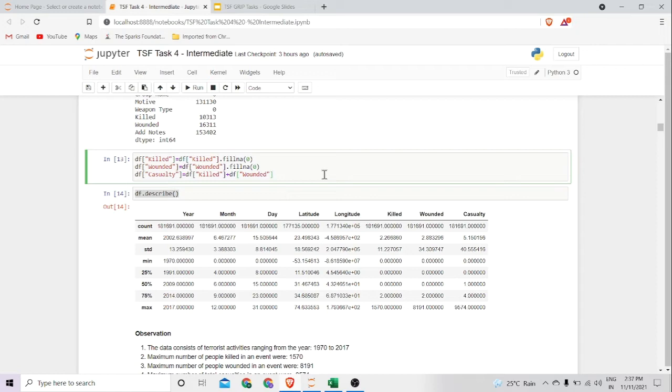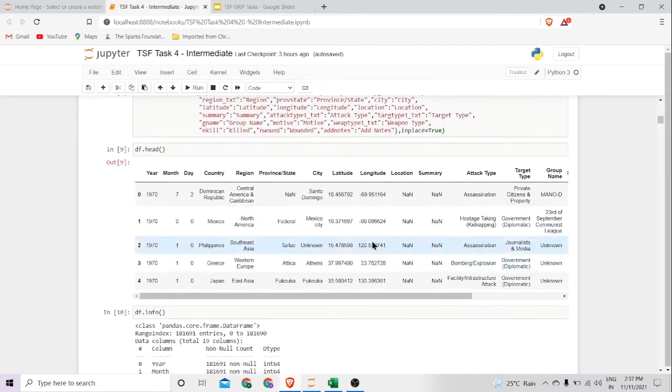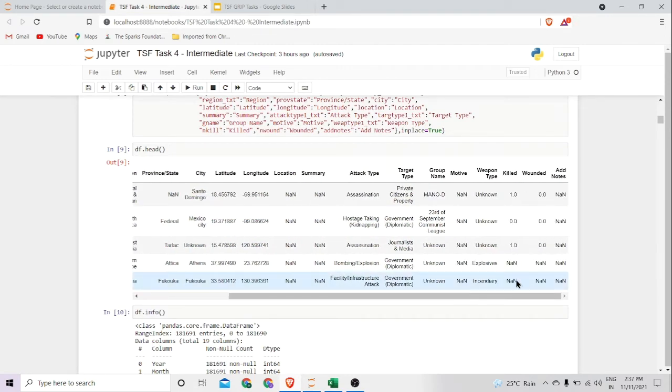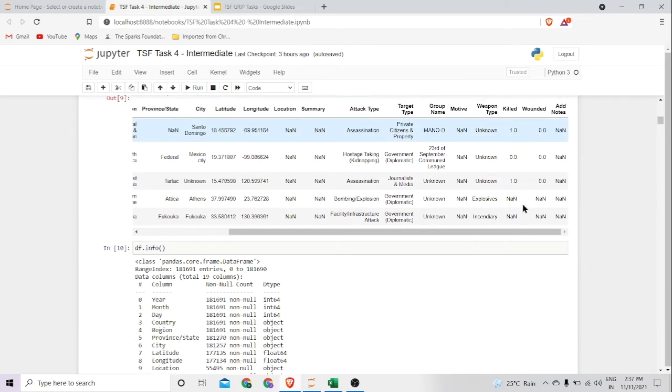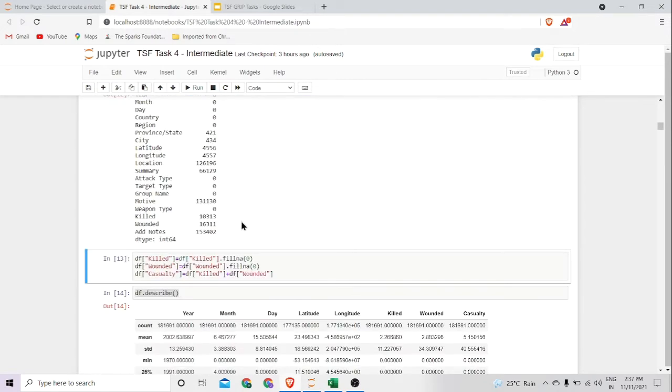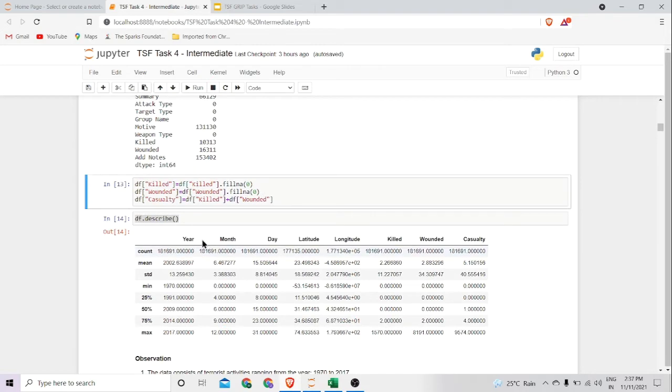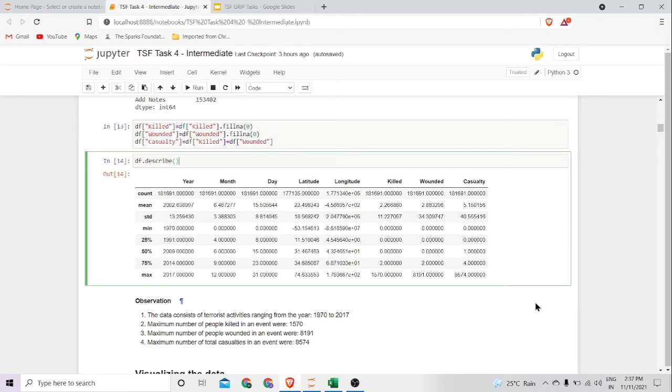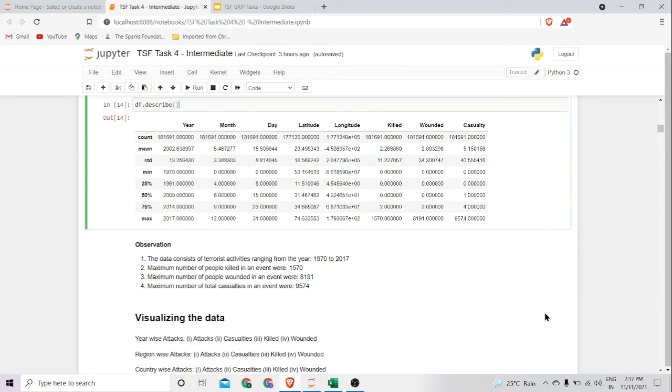This column includes the total value of killed and wounded. So by combining these two columns, we are creating a new column called casualty.